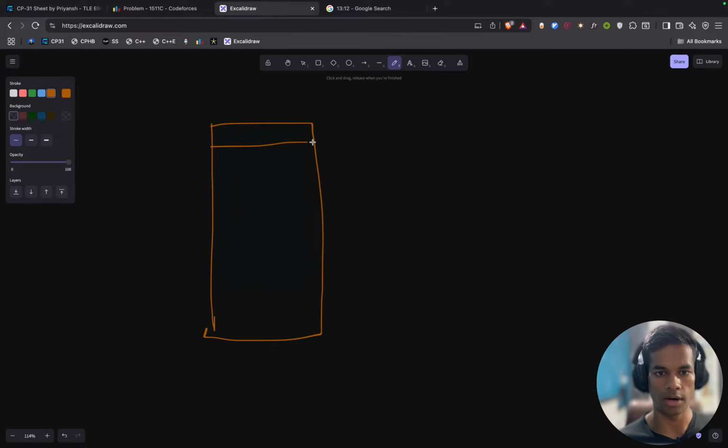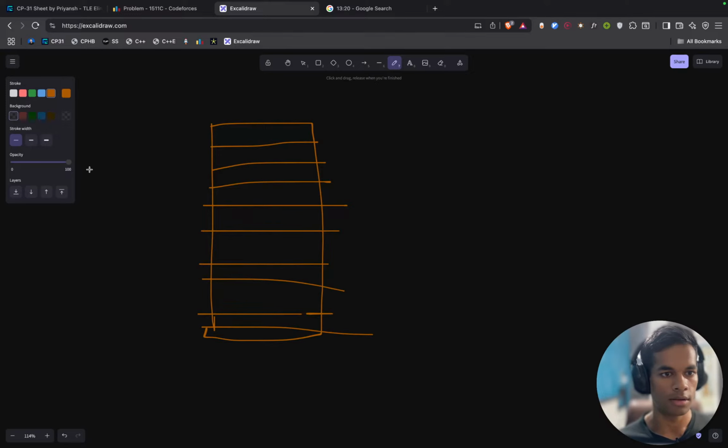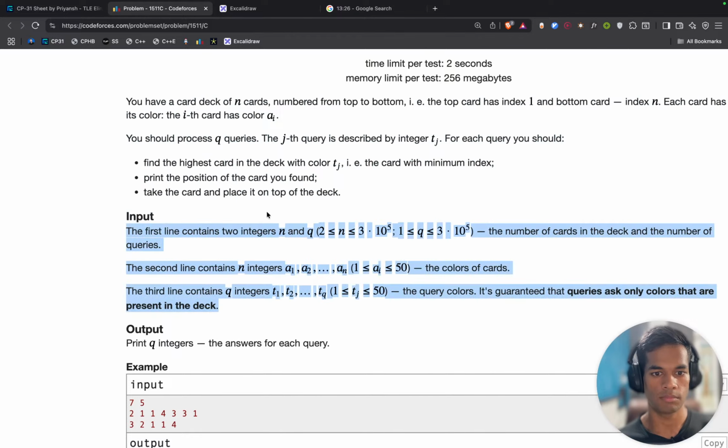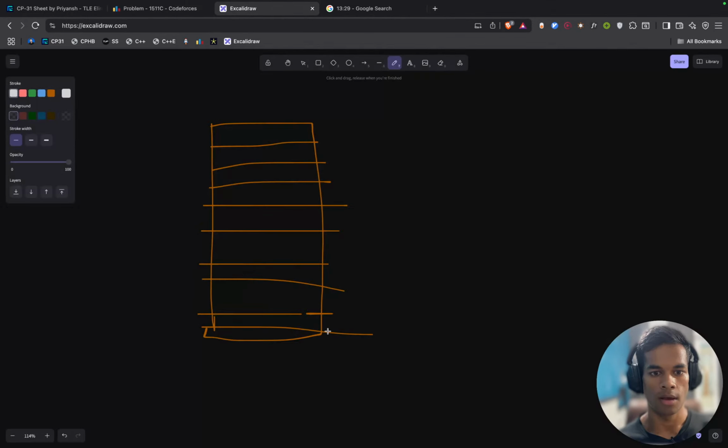I have a deck of cards. There are a lot of cards in this thing, and basically, by abstraction, the problem is this. I choose one deck, and they have different colors. Say starting from 1 to 50, everyone has a color, and then in my query, I am given a color. Let's say 5, and then I find from the top the first card to have that color.